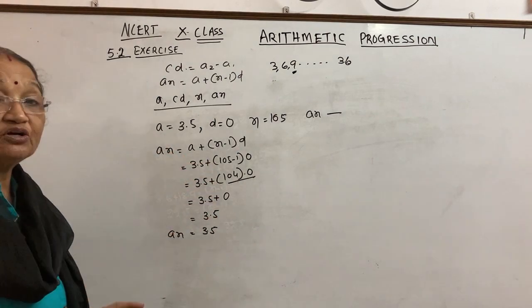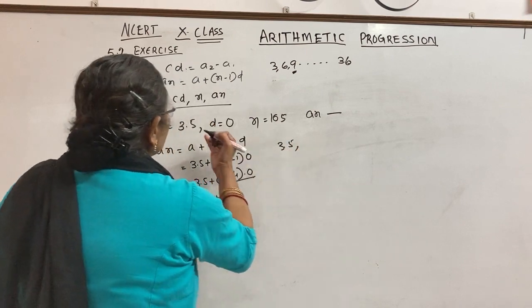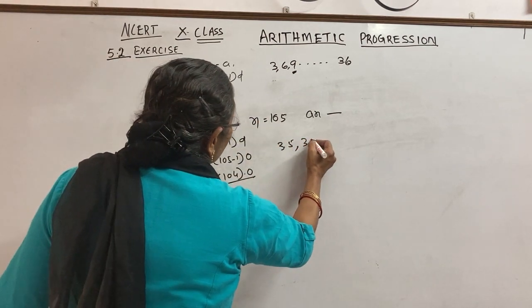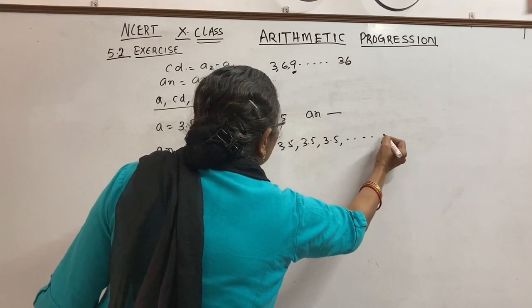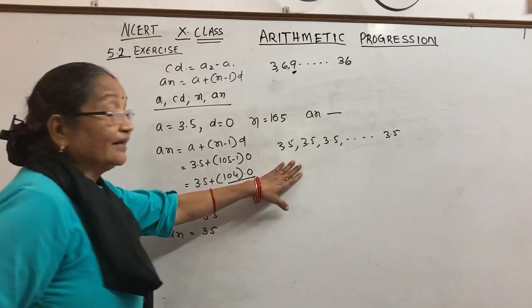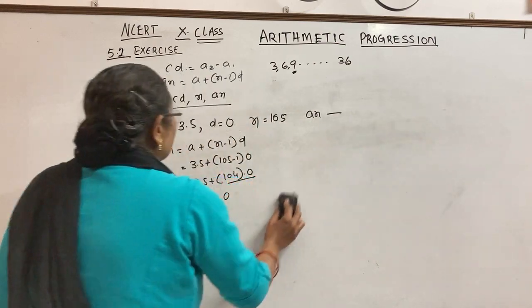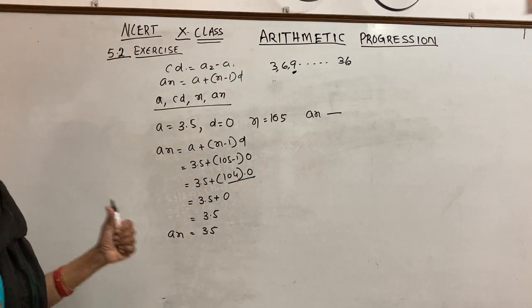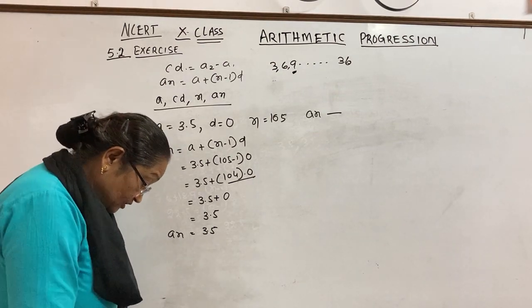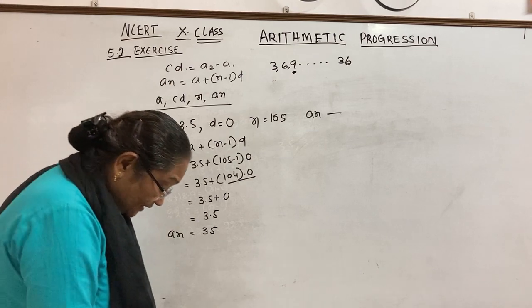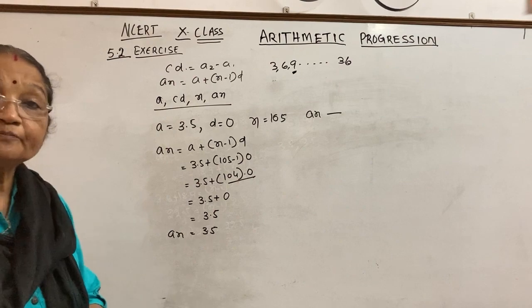That means क्या है? कॉमन डिफरेंस अगर 0 हुआ, जितना भी टर्म्स हो, अभी 3.5 है, सेकेंड टर्म के लाने के लिए क्या 3.5 से 0 ऐड कर दो, 3.5 ही आएगा. थर्ड टर्म में 0 ऐड कर दो, यही आएगा. फोर्थ टर्म ऐसा होकर nth टर्म भी 3.5 ही आएगा, है ना. So because the common difference is 0, so a and a n, whatever the term may be, the same. Okay, right. So we shall do 5.2 second question in the next class, and if you have any doubt, please let me know.